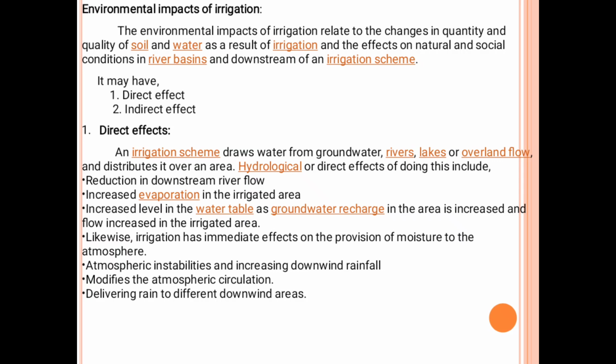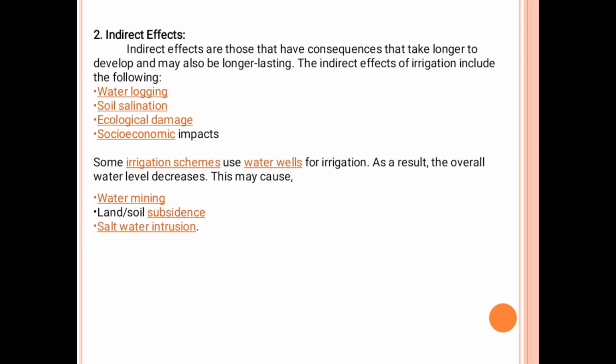Environmental impacts of irrigation. Irrigation is related to changes in the quantity and the quality of the soil and water. It may have two effects, direct effects and indirect effects. Direct effects, hydrological effects, include reduction in downstream flow, increased evaporation, increased level in the water table. Likewise, irrigation has an immediate effect on the atmosphere, causing atmospheric instability, modifying the atmospheric circulation and delivering the rain into different downwind areas. Indirect effects: waterlogging, soil salination,